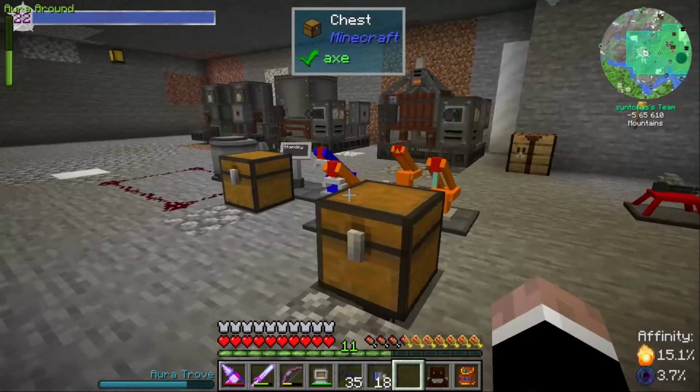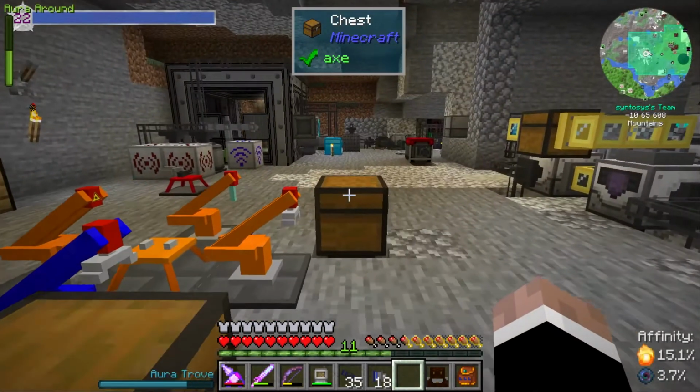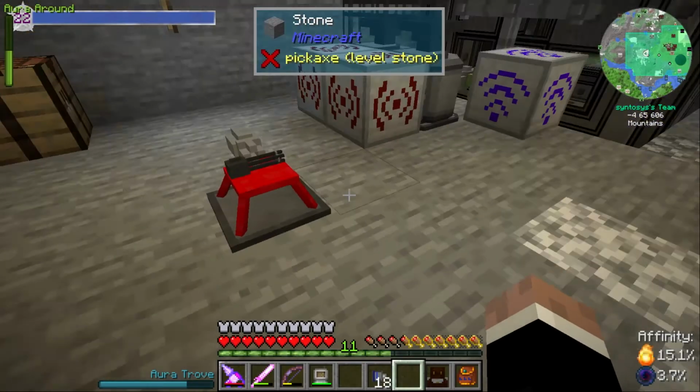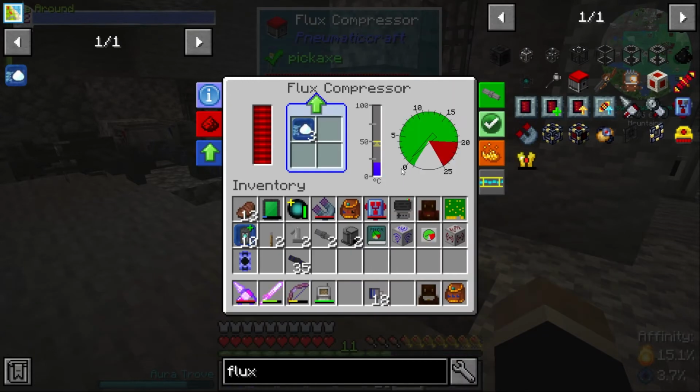Where's the speed upgrades? Where did I put them? I put 3 in there, and I put some in the minigun, didn't I? Let's take the minigun. Oh no, the minigun needs to be there. Let's have a look at the minigun and steal those. Alright, there we go. You've got upgrades. Yay! Get a move on. Alright, so we're starting to get pressure. When it goes above 5, then we should see that